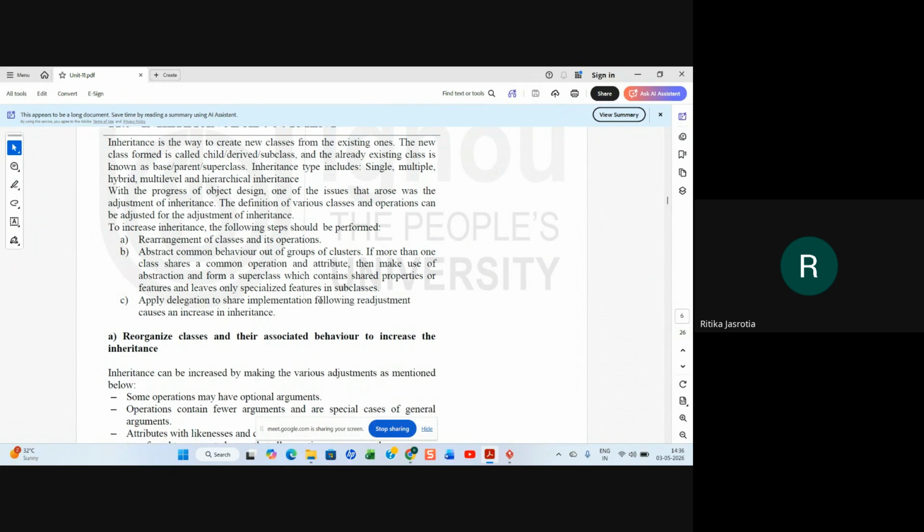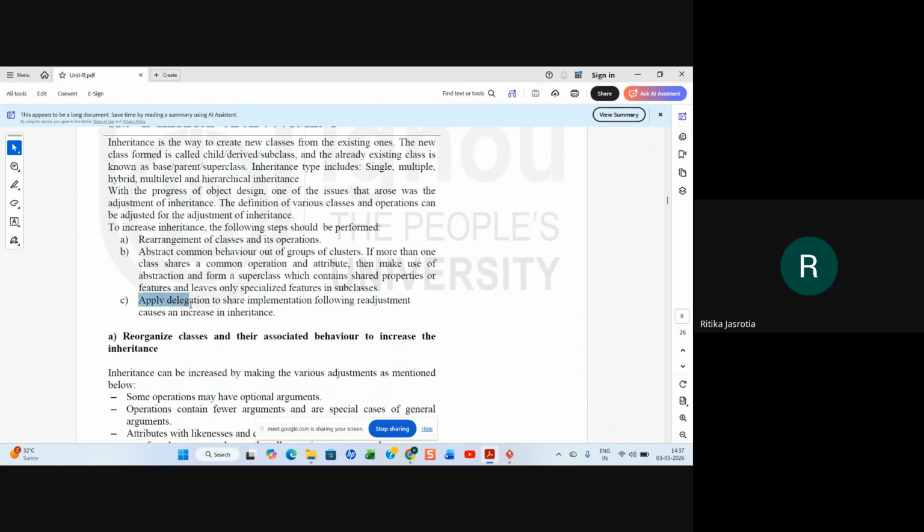To find the area, the formula is different, since every shape has different parameters. That's why we are making shape an abstract class. There are common attributes and operations which can be shared, but you have specialized features in the subclasses. So apply delegation to share implementation following a readjustment that causes an increase in inheritance.